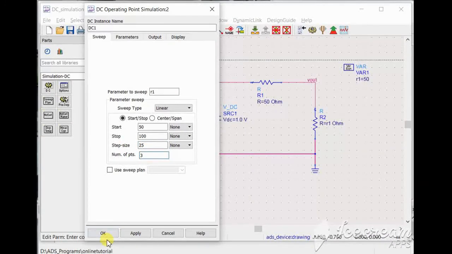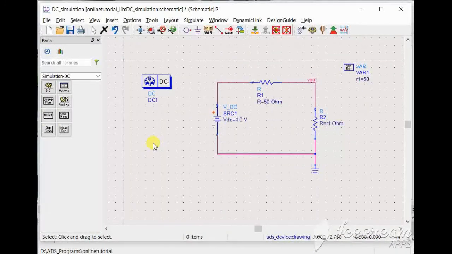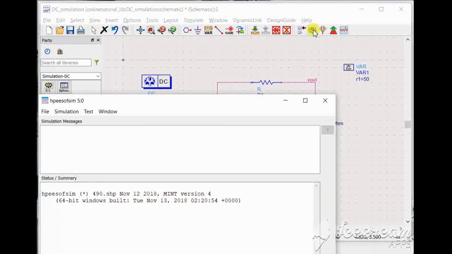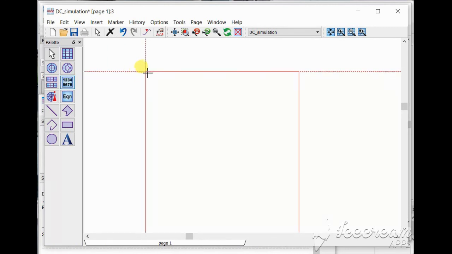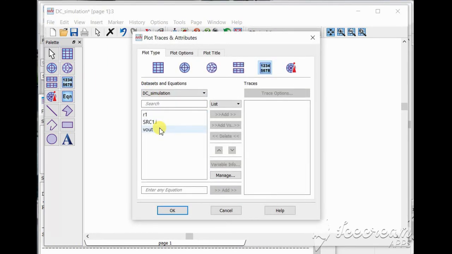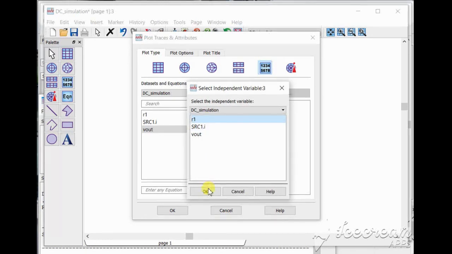Okay, click OK, and now this time if I run it, I should ideally have this DC simulator work for 3 different points. Last time we opened this list view, and if you open this list view, add Vout versus R1.